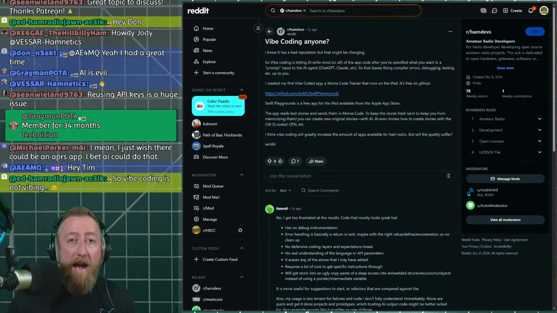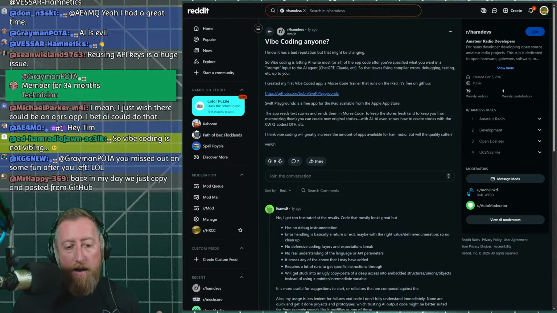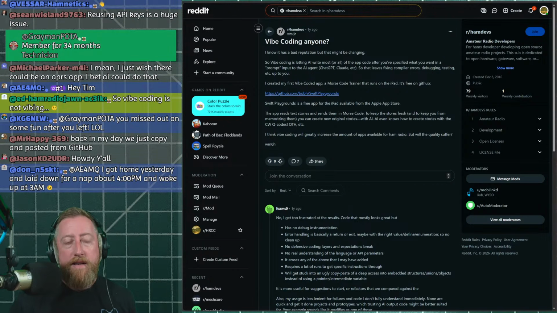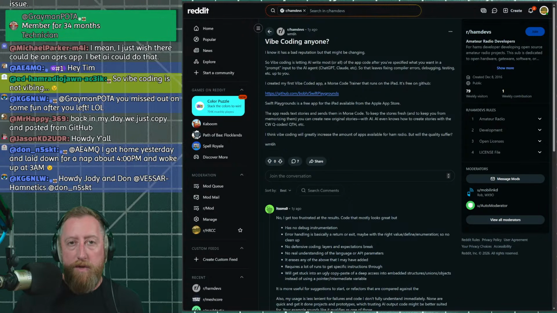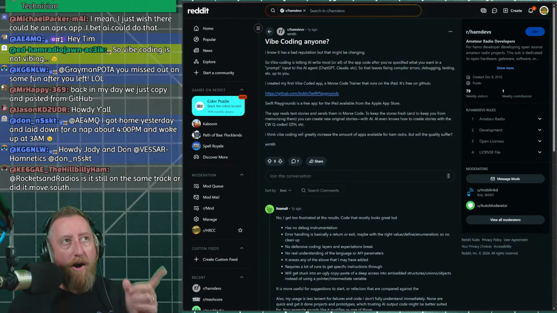But what can happen with vibe-coded things is that there will be no debug instrumentation, or very rare debug instrumentation. A lot of the AI code that gets generated is just the code base. It's not the unit tests or other things you might generate along with it that would test the inputs and outputs of a given function. Sure, there are variations of that, but often it doesn't really have that capability.